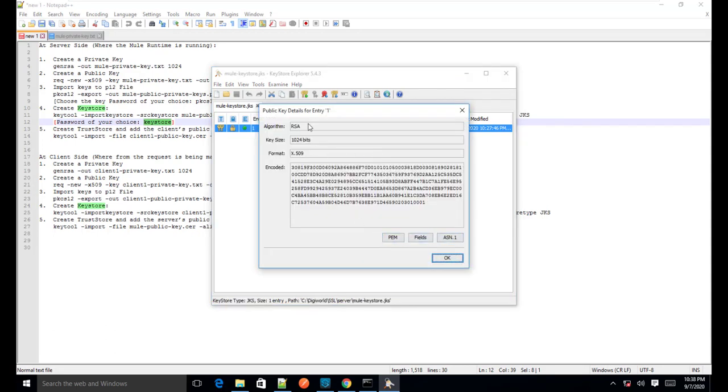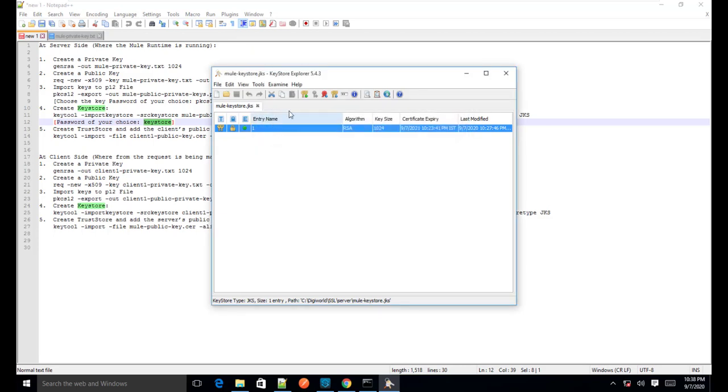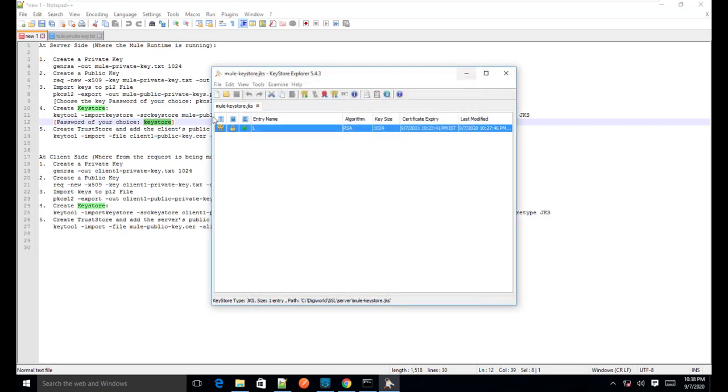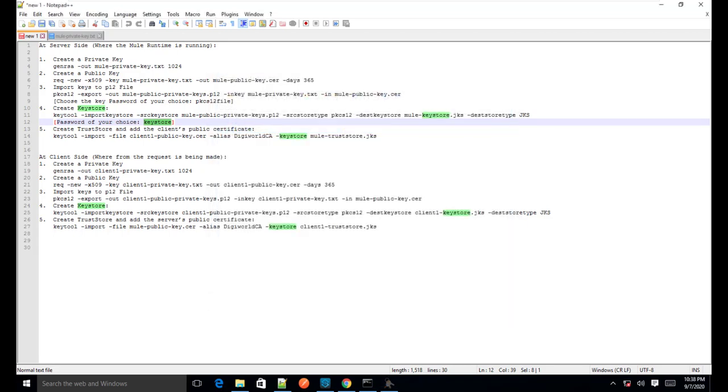Okay, so here if you see, the algorithm used for the encryption is RSA. And let's have a look. As you can see, these are the details which we gave there, and this is the signature algorithm and this is the fingerprint. That means SHA-1 is the algorithm which is used for hashing, right? So these are the details which you can explore using the Key Store Explorer tool, which is easily available online. You can download it anytime and explore the details present in your JKS file.